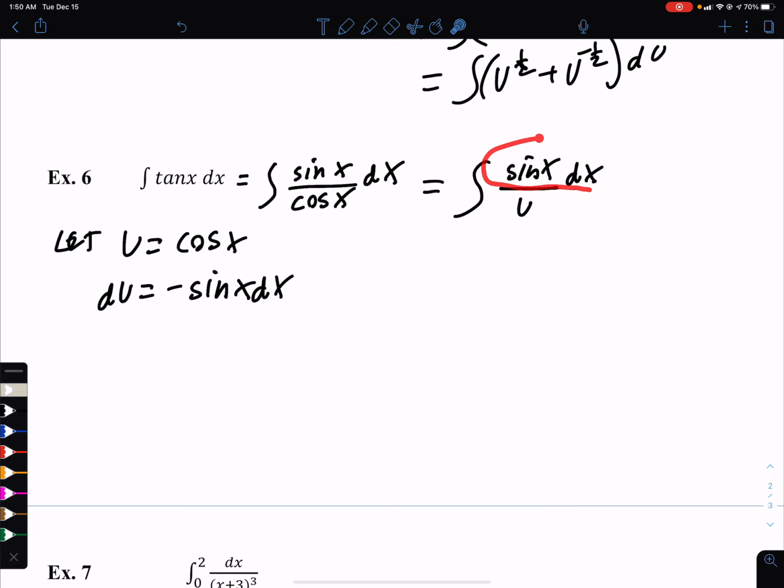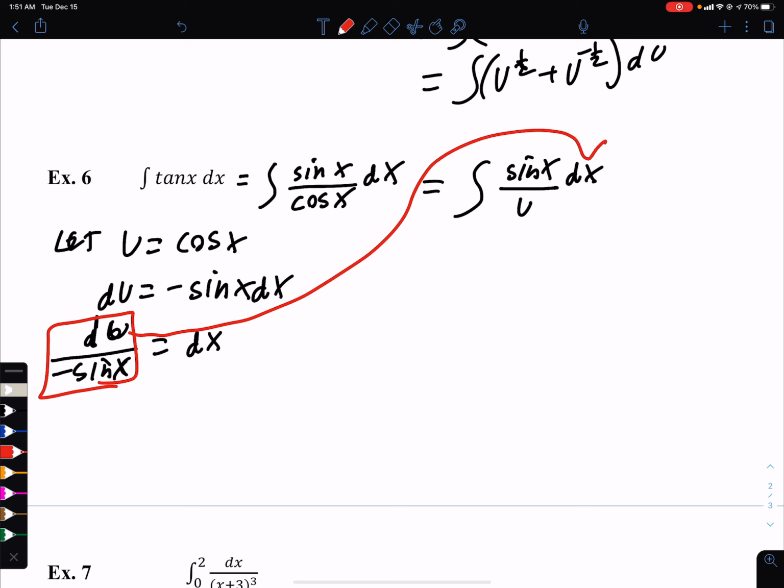Now, this could almost change right away to du. The only difference is minus. So technically, if you see it, it's just minus du. But we're going to do the other method. We're going to solve for dx, divide both sides by minus sine x, so du over minus sine x. So we get to replace dx with that,